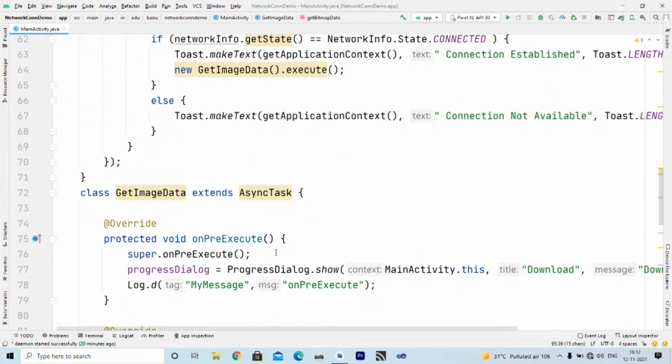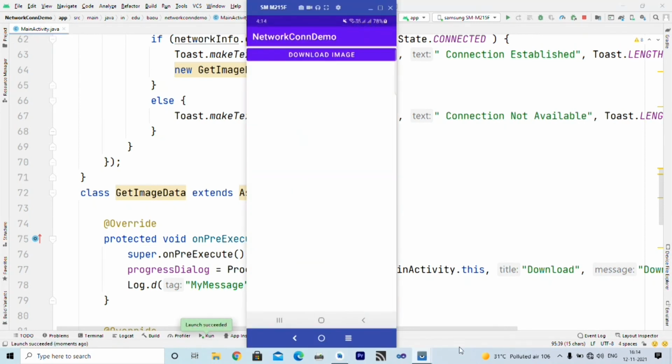So now let us try to test this inside our phone. I am connecting my phone with the laptop. Here you can see my phone is connected now. Now I want to run this app inside my phone, so I am clicking on the run app button. It will build Gradle and install the app inside my phone. So the Gradle build is running. Now it is installing my app and then it will launch the app on my phone. So it is launched, right?